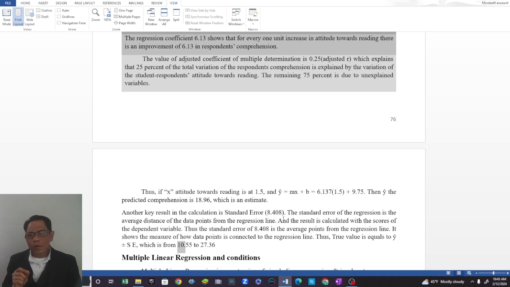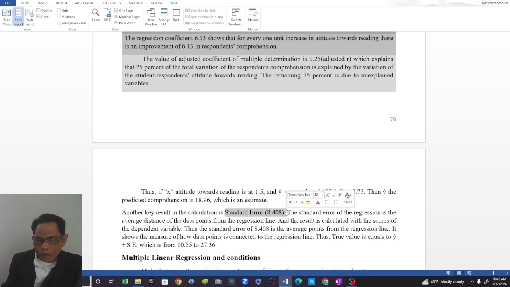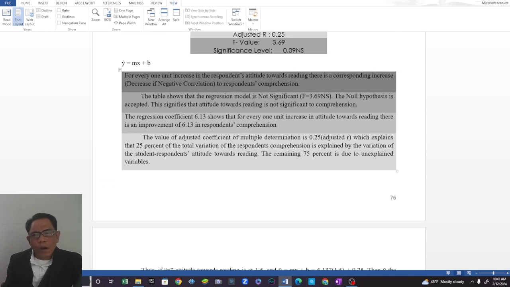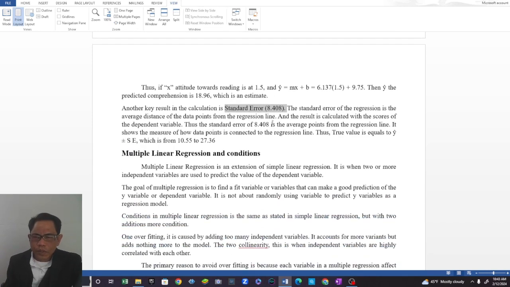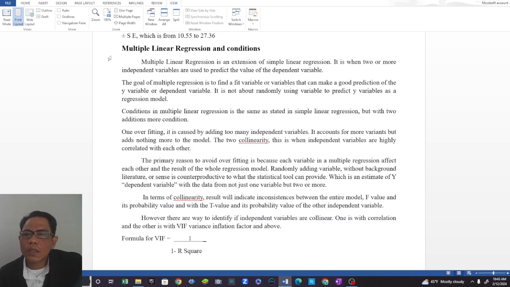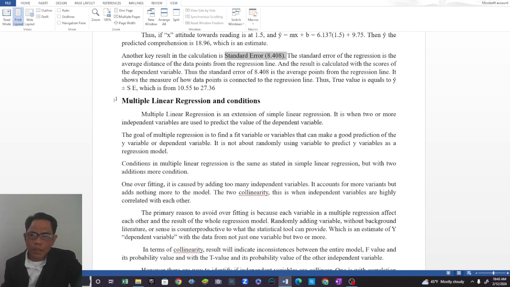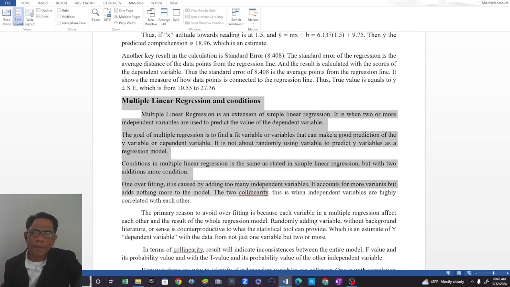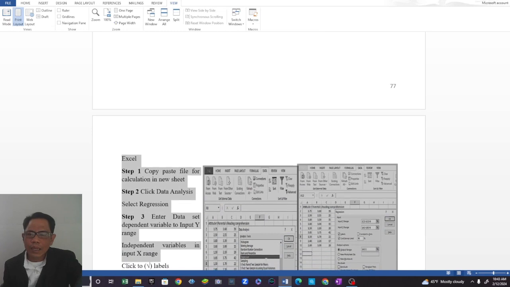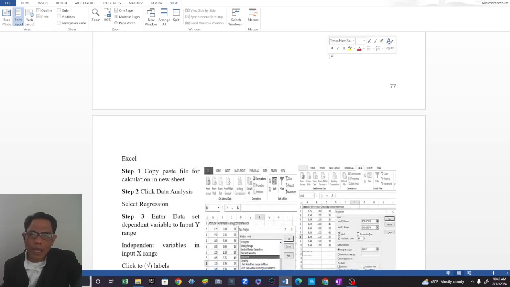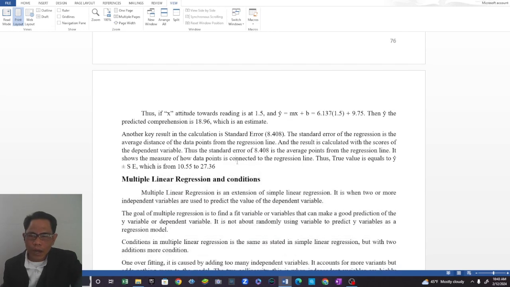I hope you understand that. One rarely used but very significant piece of data in regression is your standard error. So here, there's another condition. We'll end there because I'll be discussing multiple linear regression and its conditions. It's just a long topic. However, I would like to remind you of something,